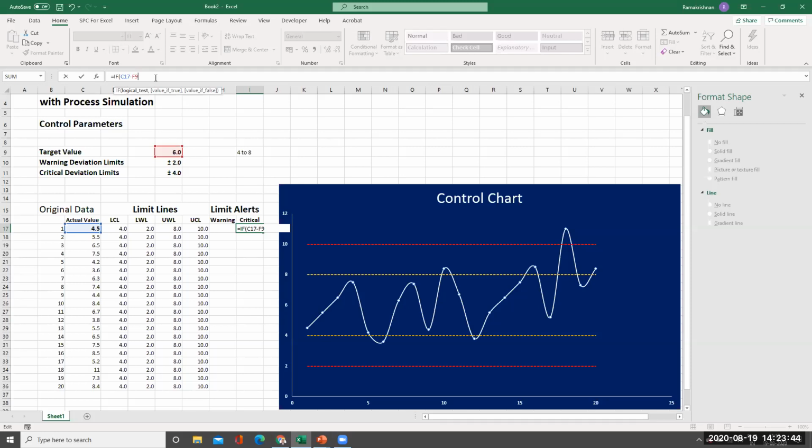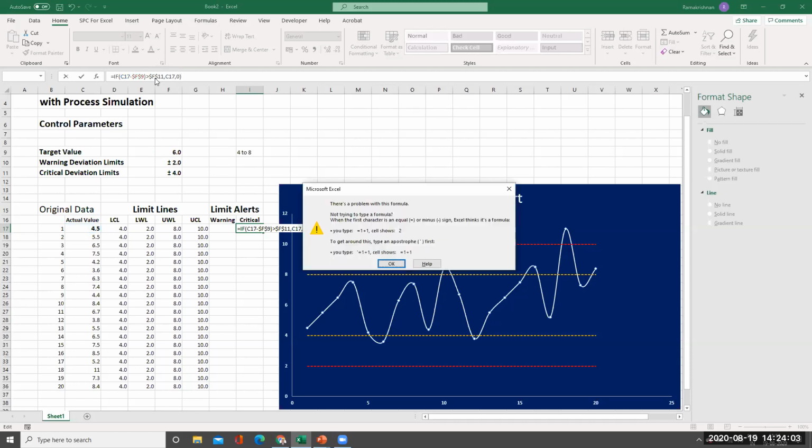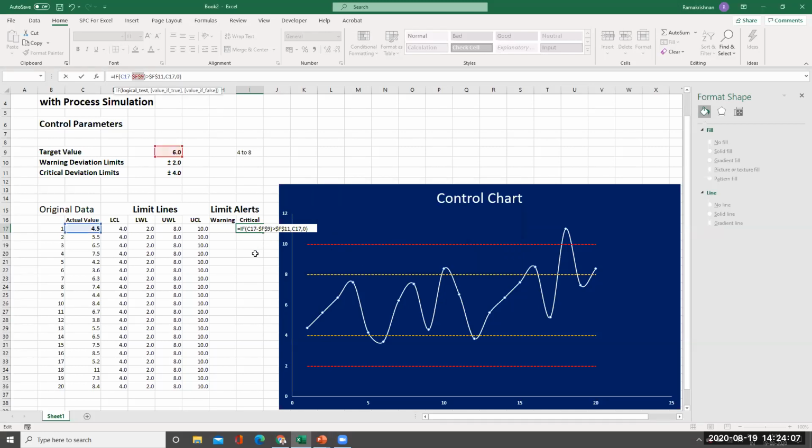I'll put it with a dollar sign, is greater than F11, then C17. If it is not, I'll put a 0 now. Right? Okay, one more thing I have not put. That's all, right?